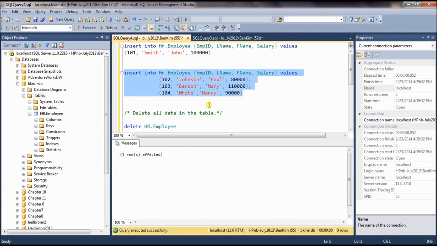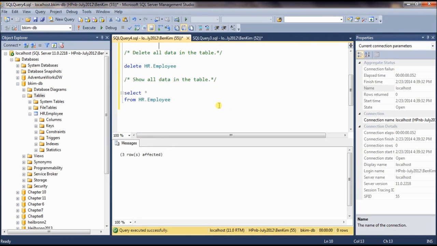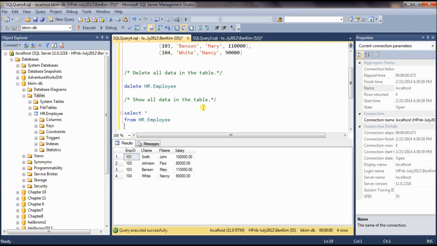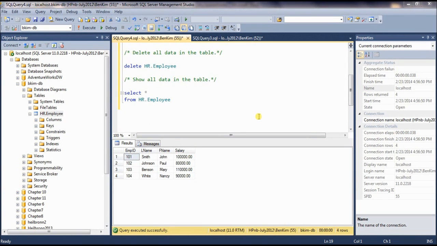So everything is now executed. So if you look at the data, now we have 4 points of data. Okay, this is how you enter data using SQL insert statement. Okay, another way of entering the data is using a graphical user interface. So let's do that. So go to your database and tables, and then your table